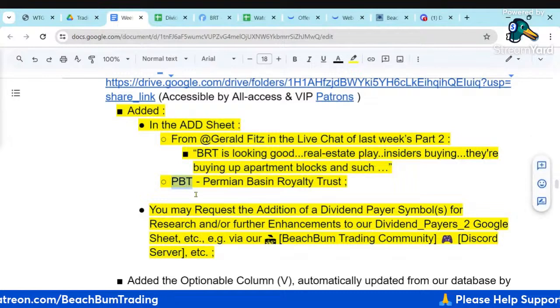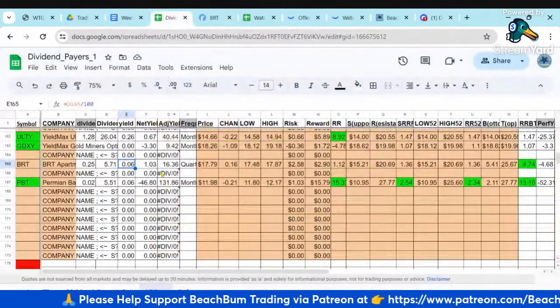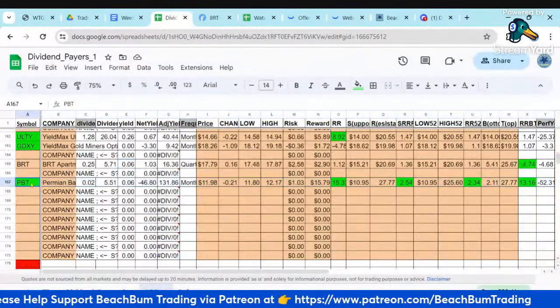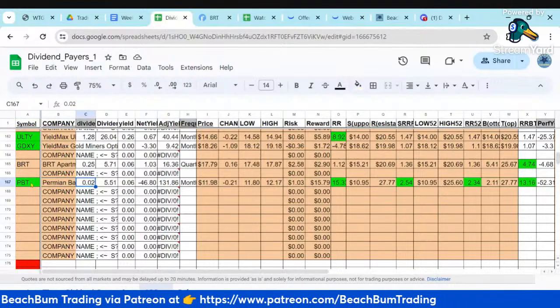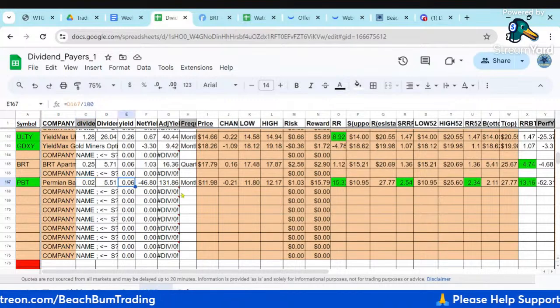The other one I'm adding to our ad sheet is PBT, Permian Basin Royalty Trust. So look at the risk reward profile of PBT. So it pays a very small monthly dividend, 2-cent monthly dividend. So not really something all that attractive for